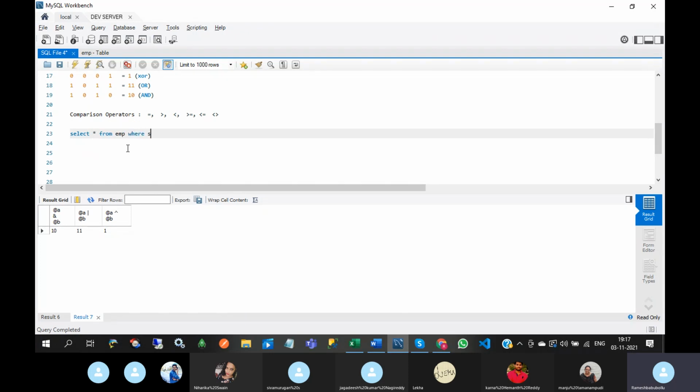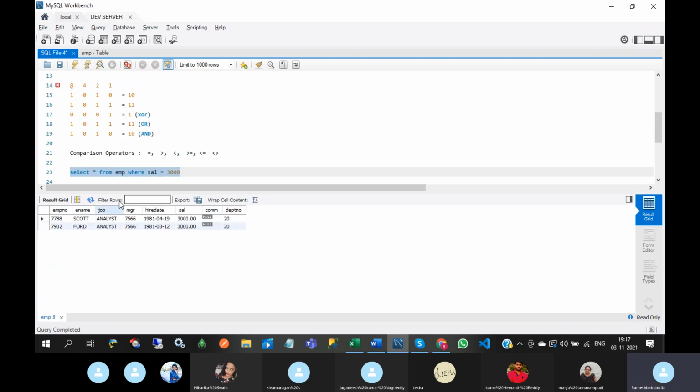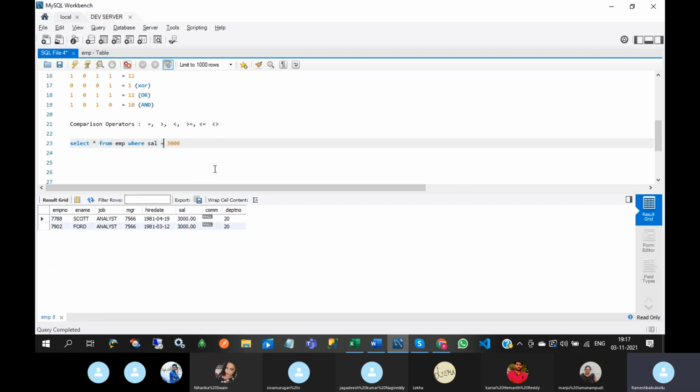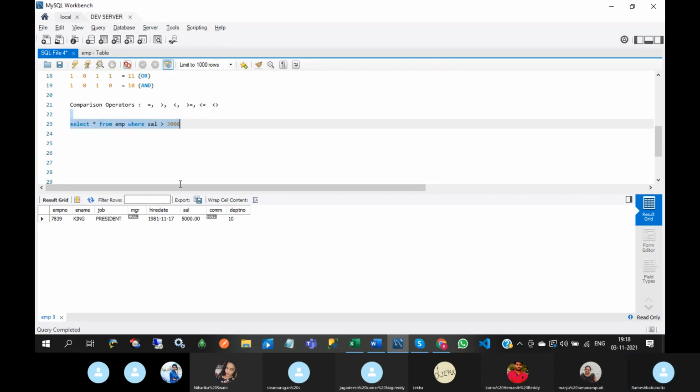I want to get the employee salary of 3,000, then I can use equal operator. Okay, I want to get the employee salary which is greater than 3,000, so I can get by using greater than.